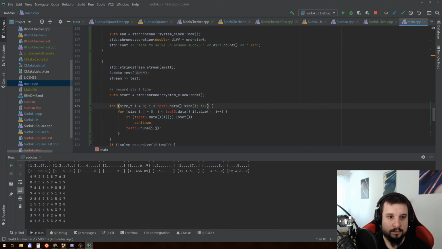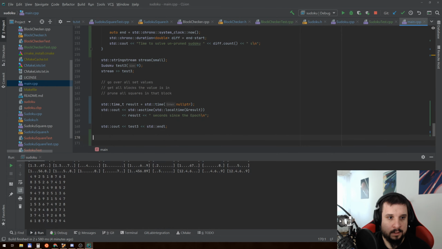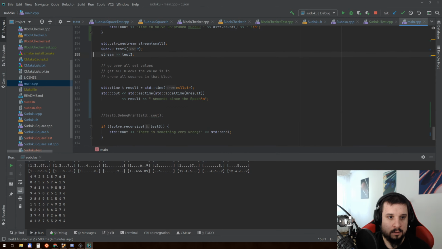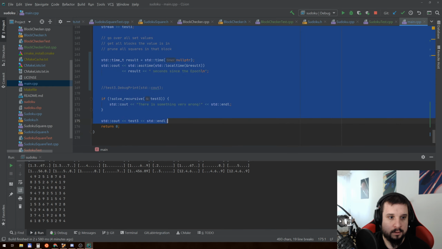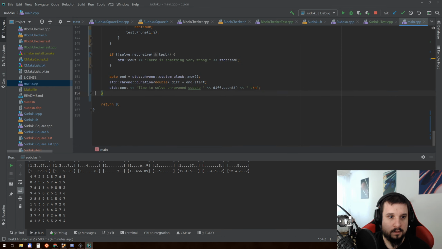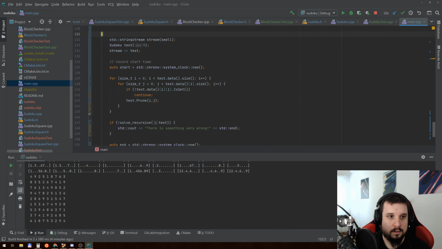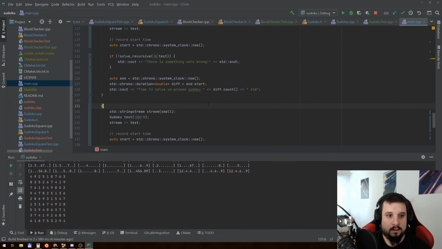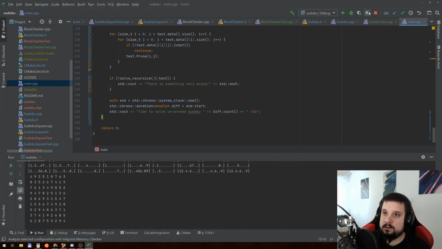And yes, we want to include the pruning because that's part of the solving. Okay. Let's just get rid of all the other crap. Okay. So